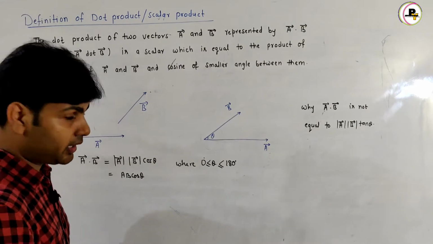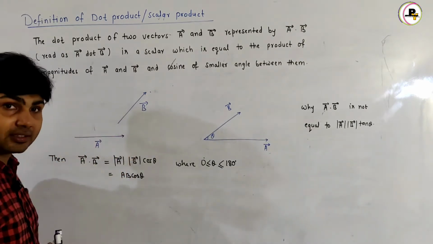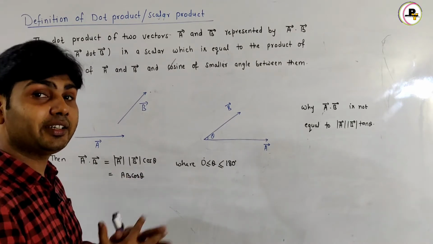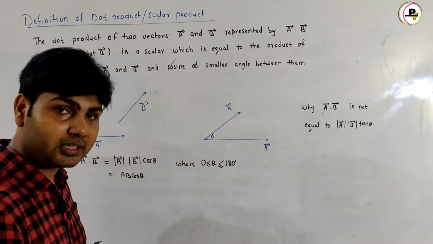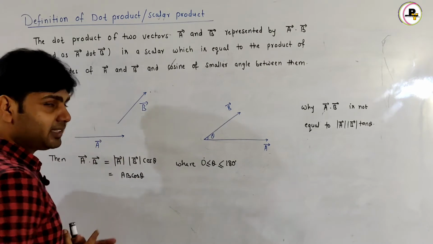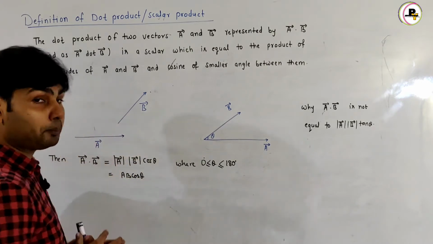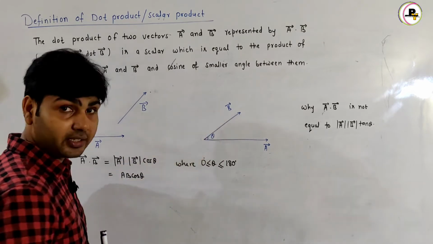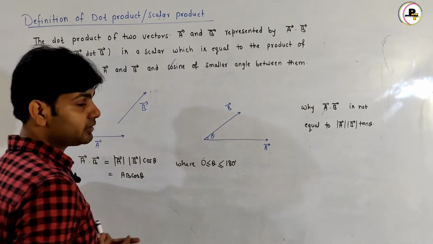different directions, and we have to multiply these two vectors, then they cannot be multiplied in the ordinary way as two numbers are multiplied. Here, to multiply these two vectors we need to join them tail to tail. So if I join vector A and vector B tail to tail, and if theta is the angle between